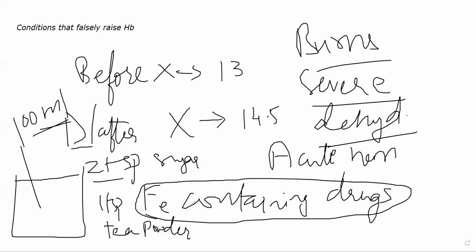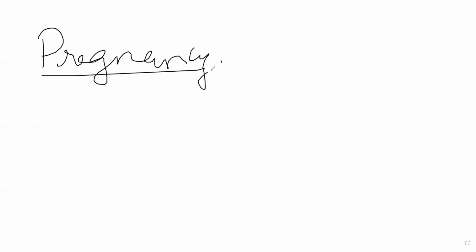Then you'll also have conditions in which the patient might appear to have disproportionate anemia, in the sense they will have a falsely low amount of hemoglobin even if they have normal hemoglobin. The patient is having normal hemoglobin, but clinical tests show that they have less hemoglobin. Those conditions include pregnancy. In pregnancy the plasma level generally becomes much higher. Plasma volume increases, everything opposite to the previous one. There, plasma levels were decreasing in hemorrhage or burns. Here the plasma levels increase.